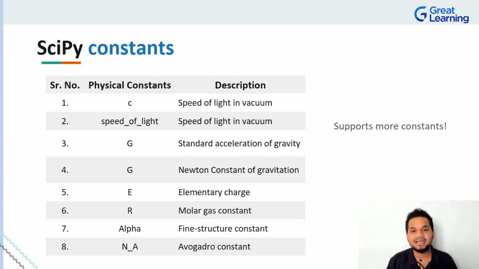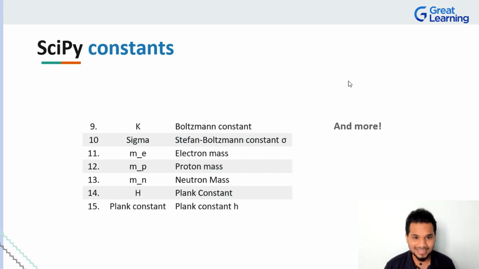But just before that, I want to tell you that these are some of the constants that you can work with and take a look at as well. We know c, E is equal to mc squared, Einstein's relativity. The c talks about the speed of light. You can have various physical constants. G is basically the Newton constant for gravity. E talks about elementary charge, molar gas constant, Avogadro constant, Boltzmann constant, electron mass, neutron mass, Planck's constant. Look at this, right? It is absolutely a treat.